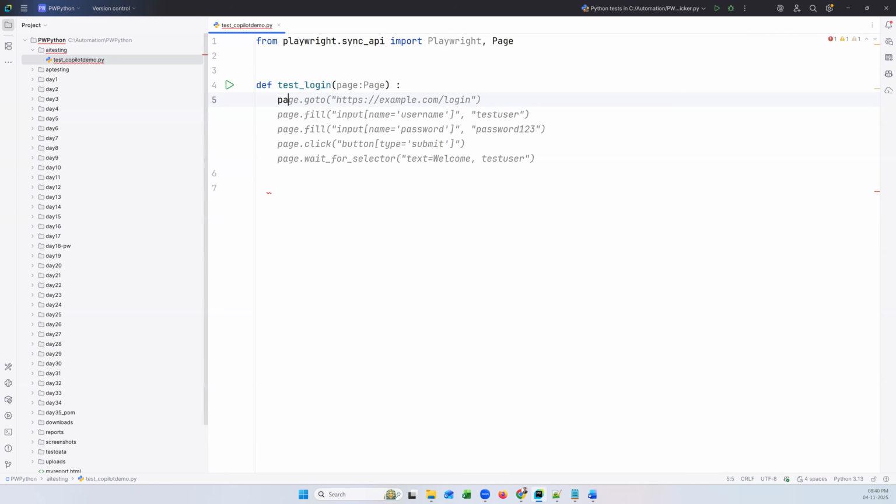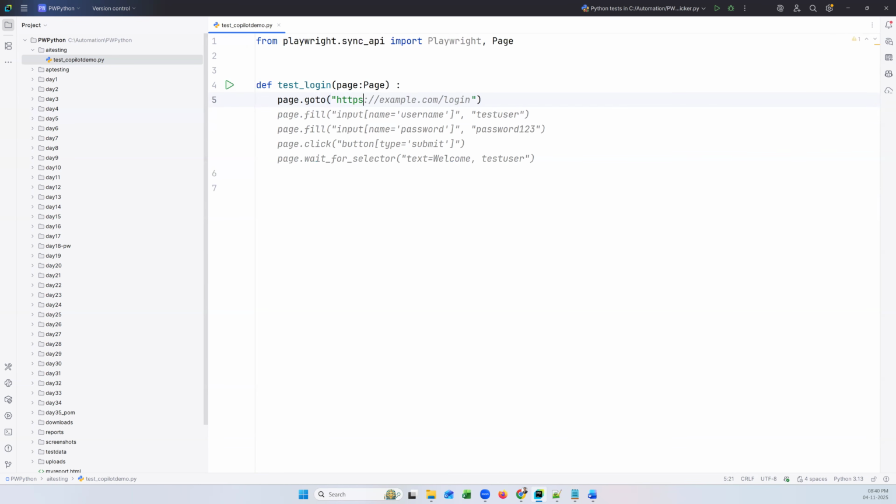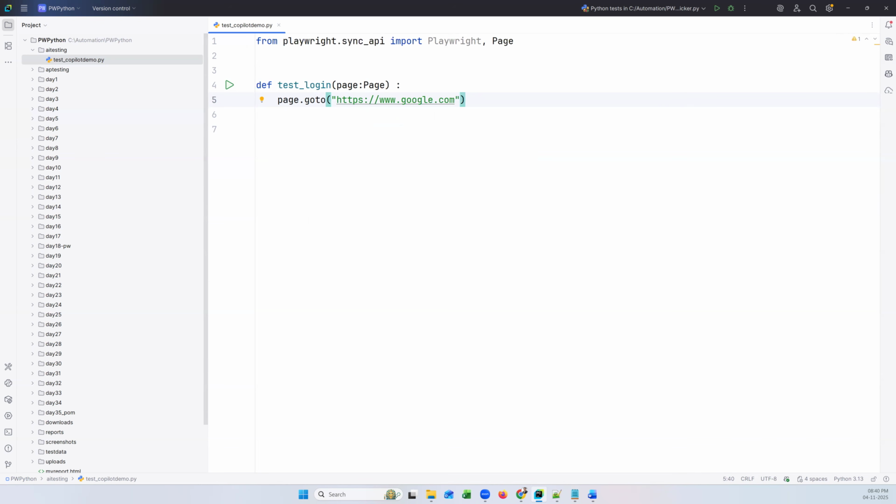So I'm saying page dot goto, and here, whatever URL you want, you can simply provide the URL here. Simply I can say HTTPS. From each and every step, it will be very, very helpful. www.google.com. So I just typed one statement. Now, after that,